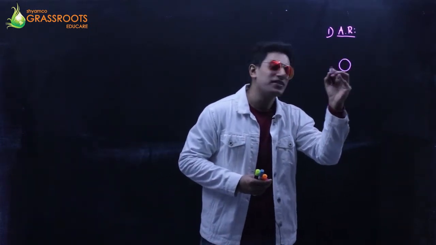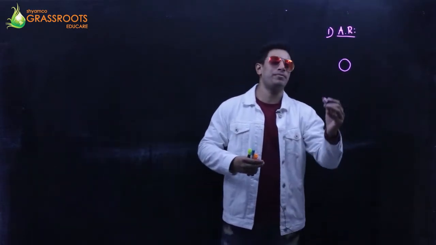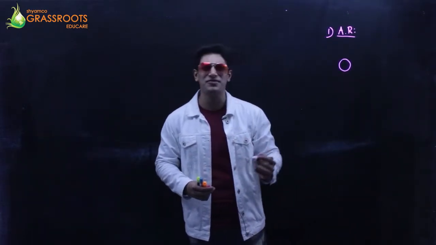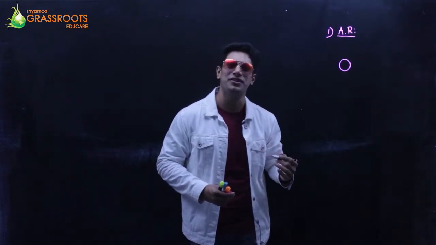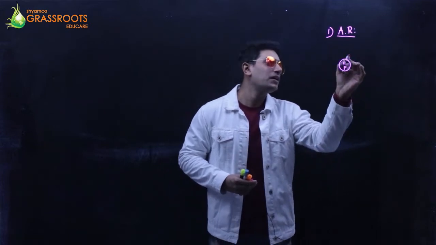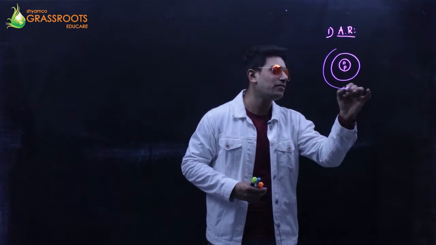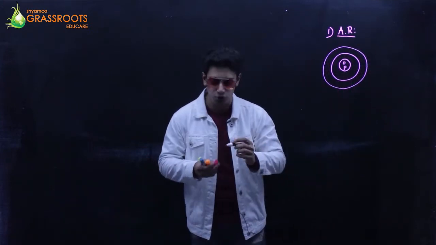This is a nucleus. Henceforth, I will call it the mother nucleus. Mom loves students. Mom loves kids. Mom loves their children. So this is the mother nucleus having neutrons and protons. Let's say this is the innermost shell, the K shell, and the second shell. I'm just making 2 shells.